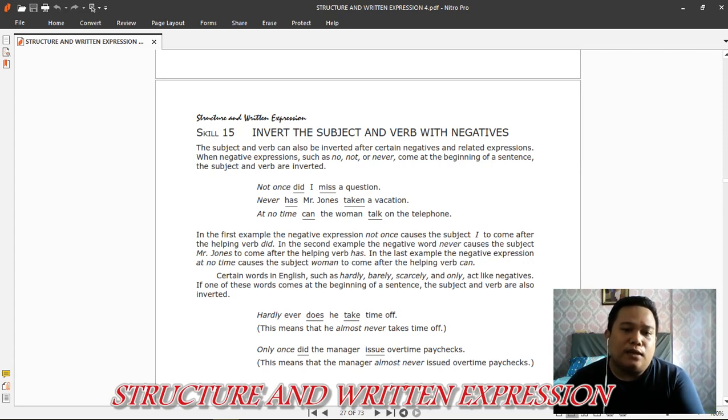He, and then has, and then verb 3. Okay, you put the has in front of the subject and then continue with the verb 3. Same like this one, you put the did in front of the subject and then continue with the verb 1. While this one, of course, we use modal verb can, right? You don't change the verb, right? So the can jump into in front of the sentence and then continue with the subject and then continue with